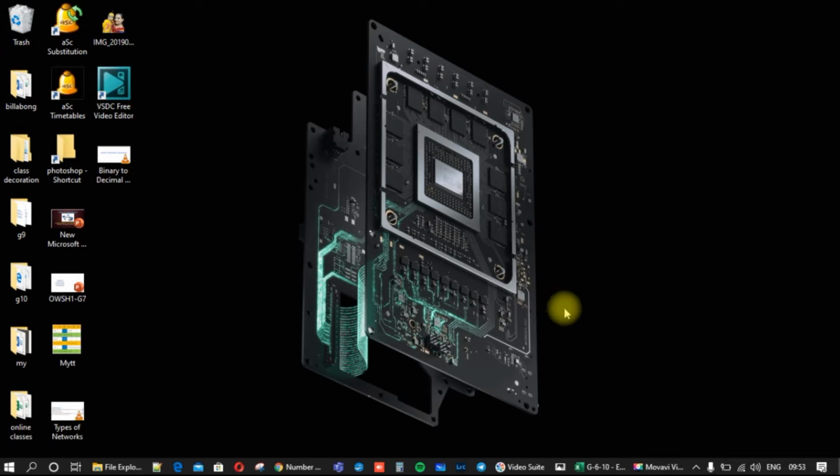Today we will see the working of control panel. As you know, there is a folder called control panel, and it consists of many things by which we can do the overall setting of the computer system. You can change the appearance setting, you can change the date. There are so many things that we are going to discuss in the class.